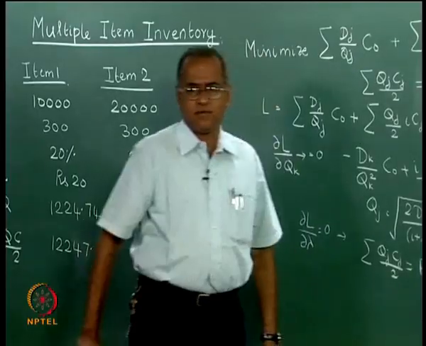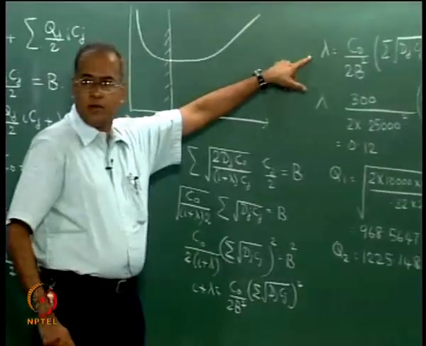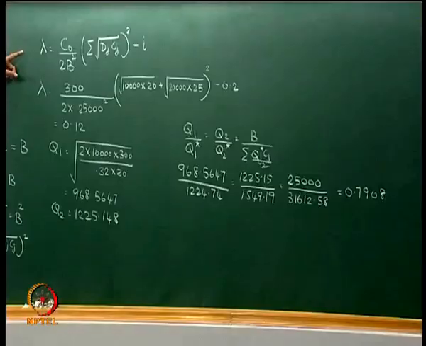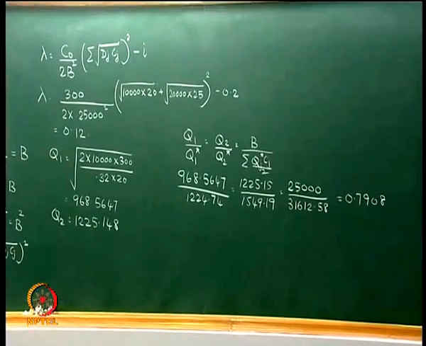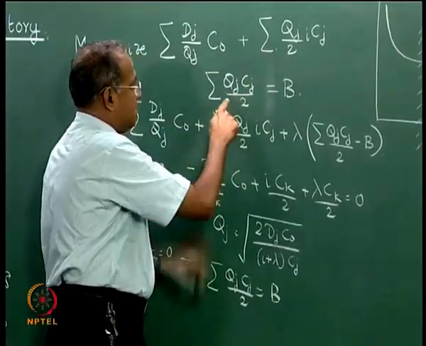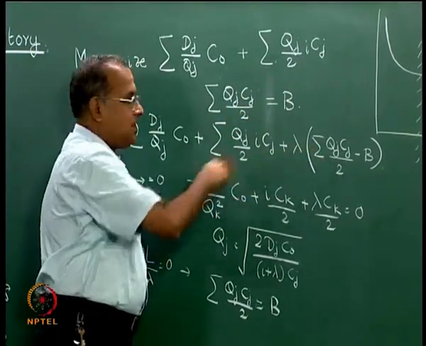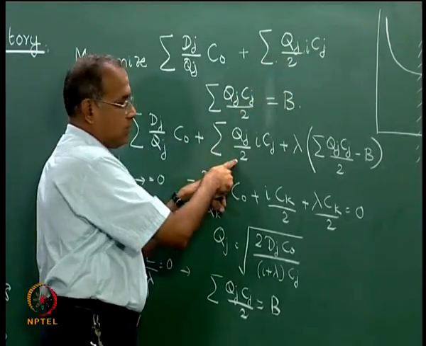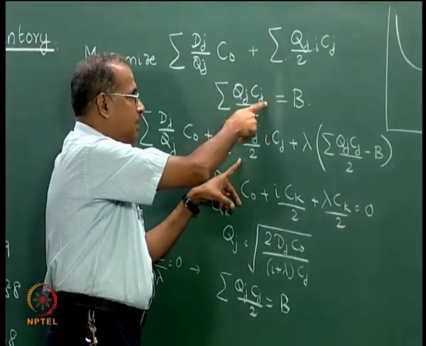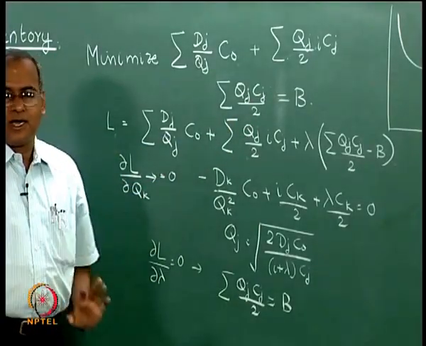Now, there are two other issues that we need to look at. One is we are able to get a closed form solution for lambda. We are able to get an expression for lambda, which if we substitute all these values, we can get the correct value of lambda, which would take us there. That has come largely because the constraint term is Qj Cj by 2 minus b as it goes into the Lagrangian, and there is also a Qj I Cj by 2. So, this term and this term are more or less similar, and with the Lagrangian multiplier I get an I and a lambda, therefore, I get an I plus lambda which goes into it,